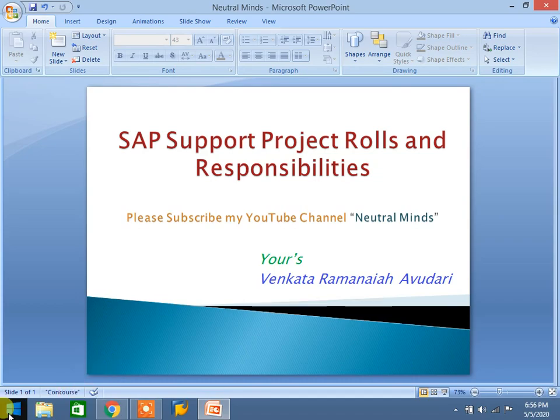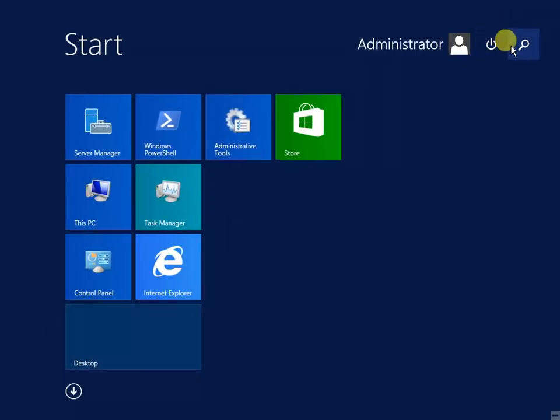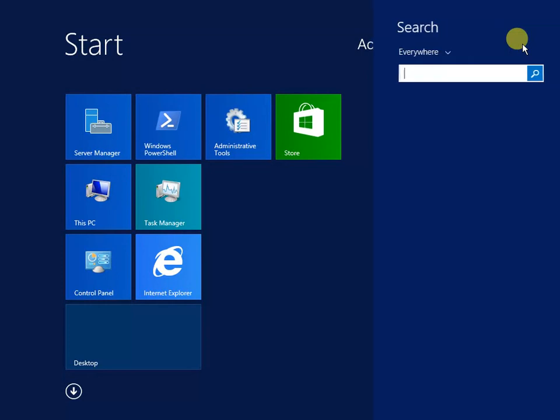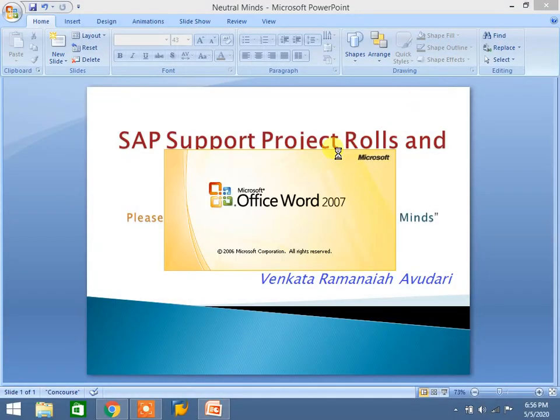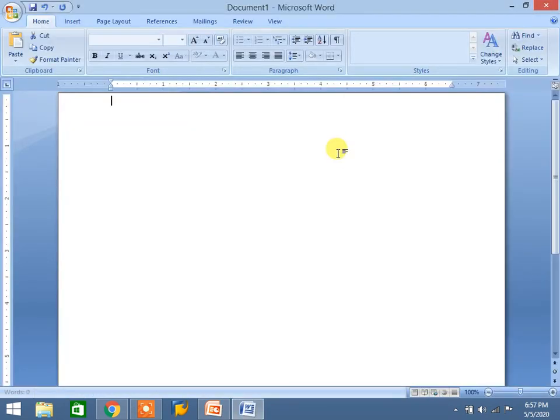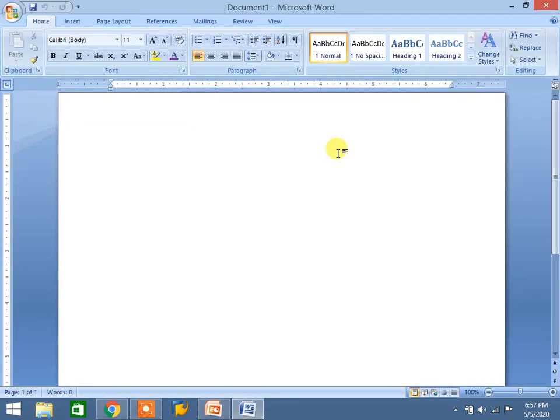Ticketing tool options: the user can raise a ticket to the consultant, based on priority such as high, low, medium, very high.